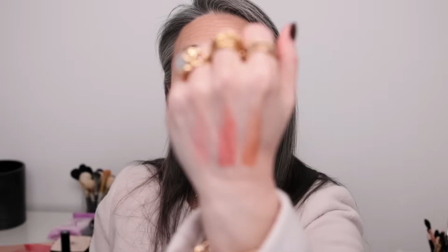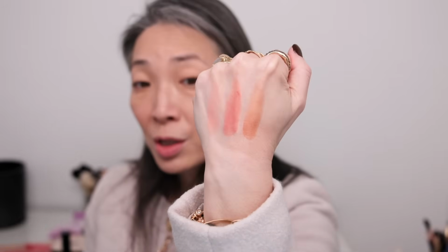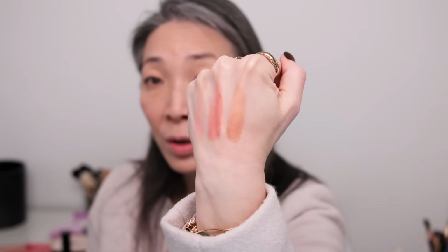Oh, that's so pretty. Okay, I'm going to do 3 different swatches, one of each stripe. This powder is like a pressed powder, so it's not a baked powder at all. So it will be very easy to pick up with pretty much any kind of brush. All right, so those are the 3 shades. Very pretty. I like how that orange one down there is going to add a bit of warmth to these